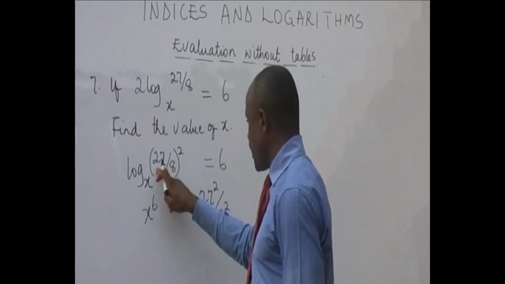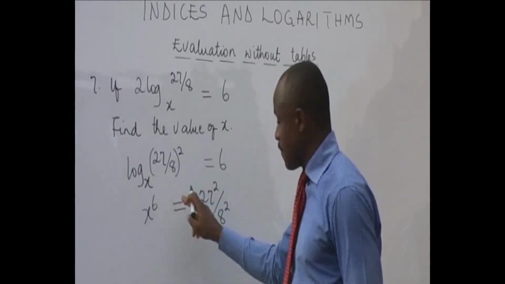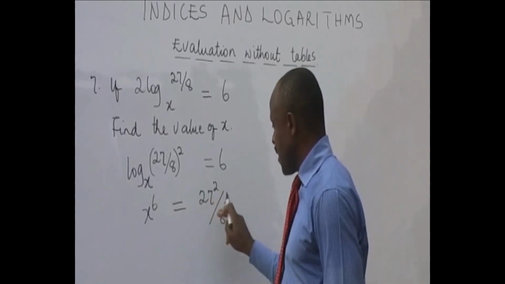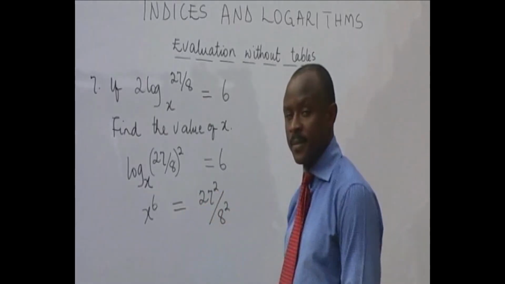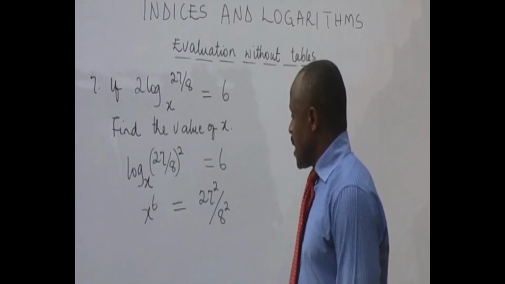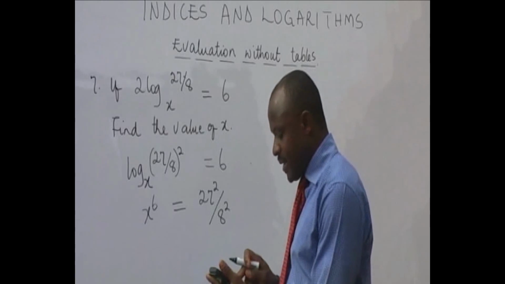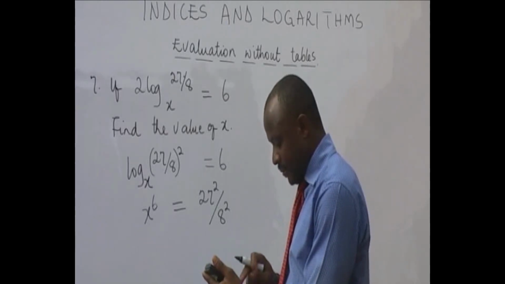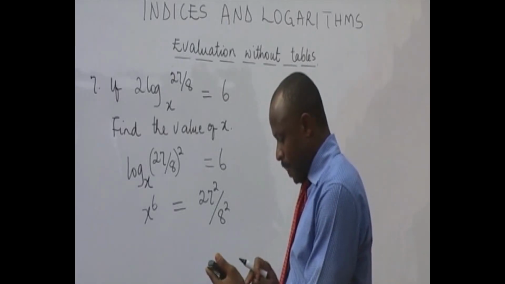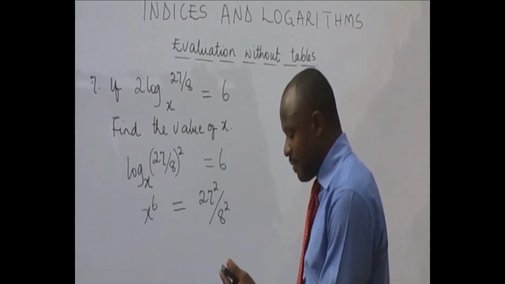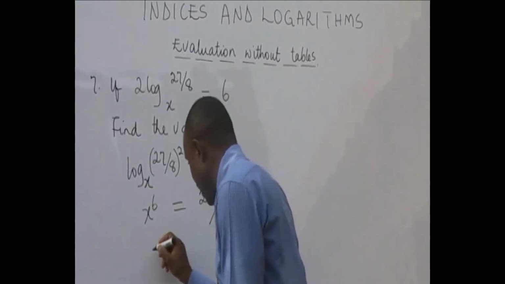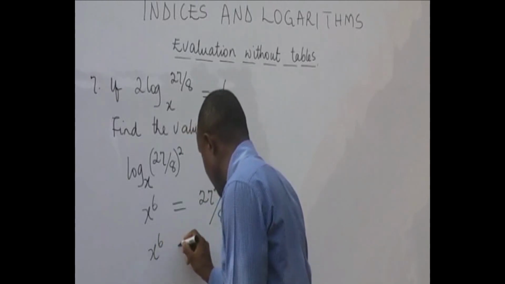Remember, what this means if you remove brackets is 27 squared divided by 8 squared. I want you to multiply this out using the calculator. 27 times 27, giving me 729. So we have that x exponent 6 is equal to